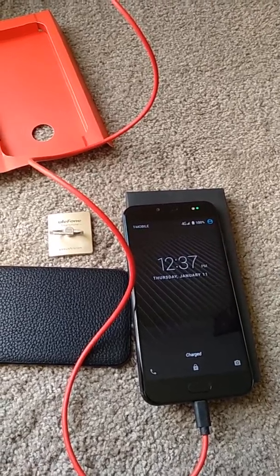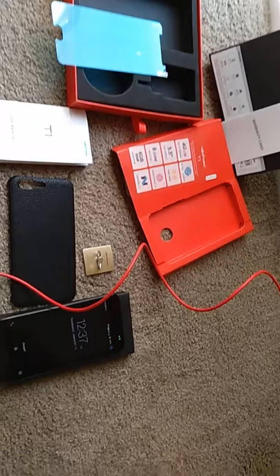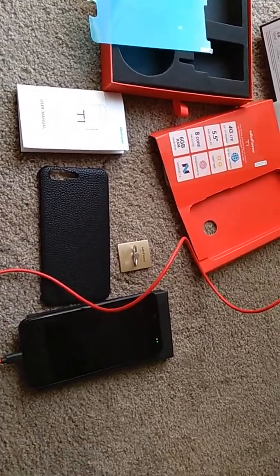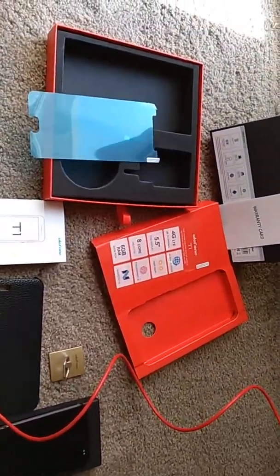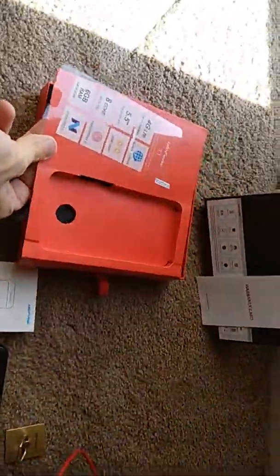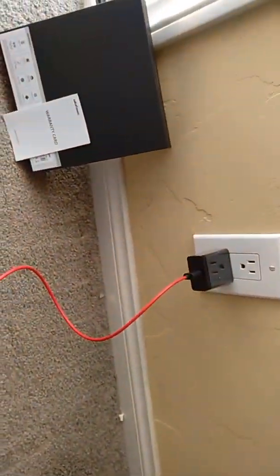Okay guys, we're back and we're reviewing the full package of the Ulefone T1. I was just unboxing it and I set it up, plugged it in. I'm going to show you all the things that come in the box. So the box is set up like this, the phone's in there nicely, and you get this nice